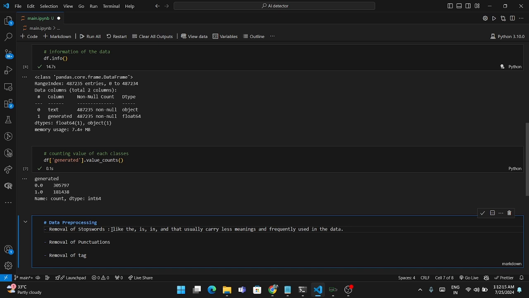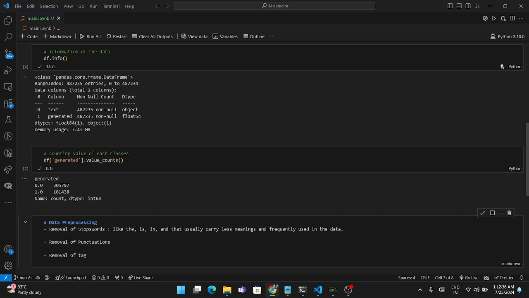You have seen these stopwords many times, and the removal of these stopwords can reduce the noise from the data. So this helps in focusing on more meaningful words that contribute to the context, and this helps in dimensionality reduction,